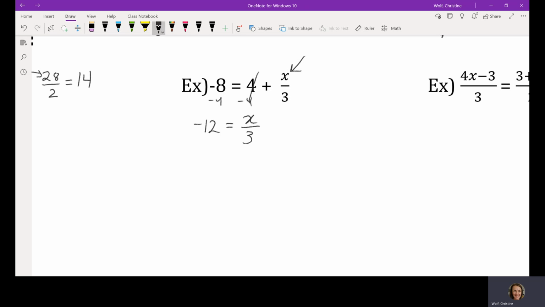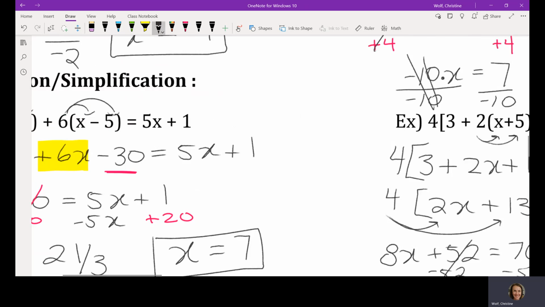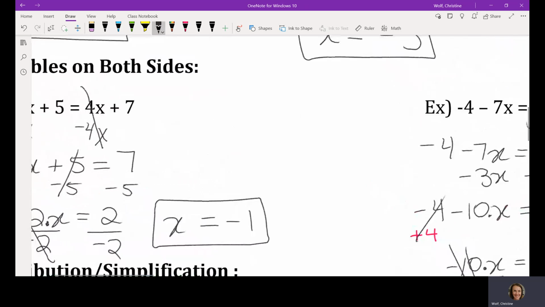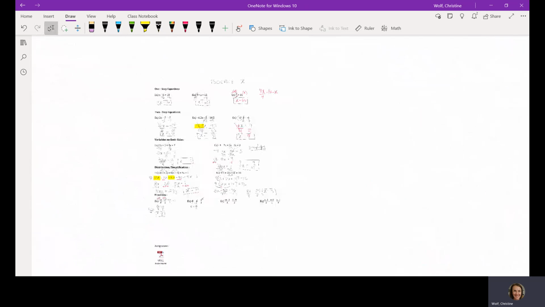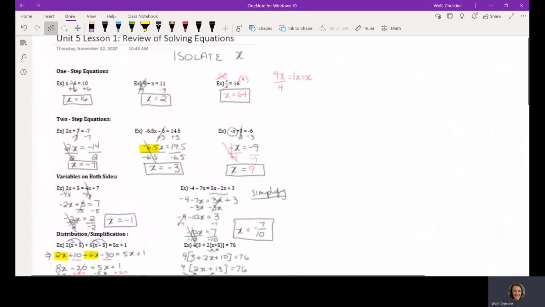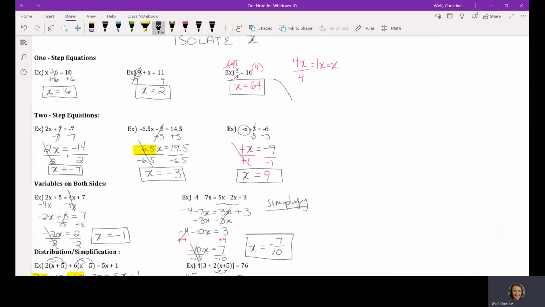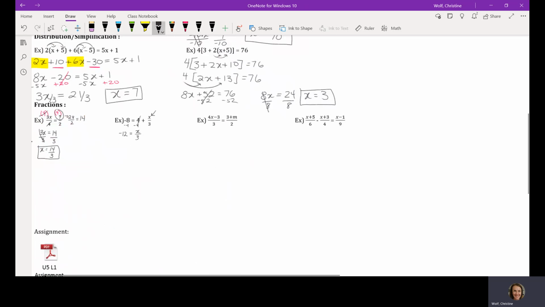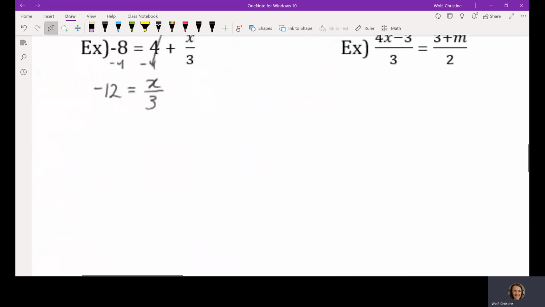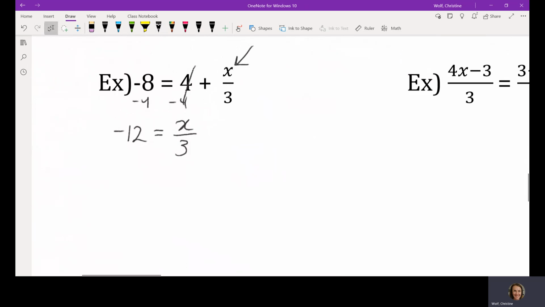Now, this question here, if we scroll up, actually looks like one of the first ones we did. If I can zoom in again, whoops, holy smokes. It looks like this guy right here. We just have one fraction equaling a big fat number. All we did here was multiply each side by the denominator, because technically that is the common denominator. 3 is the common denominator. It's the only denominator. So we multiply both sides by 3,